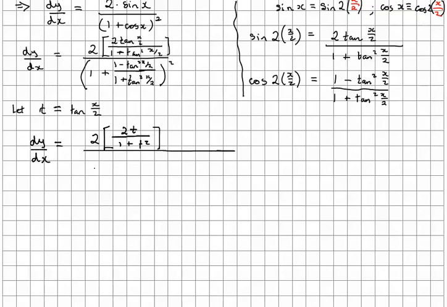And on the bottom, 1 plus (1 minus t squared) over (1 plus t squared), all been squared. Okay, so I'm going to tidy up the top a little bit. That's going to be 4t over 1 plus t squared, and that's on top of